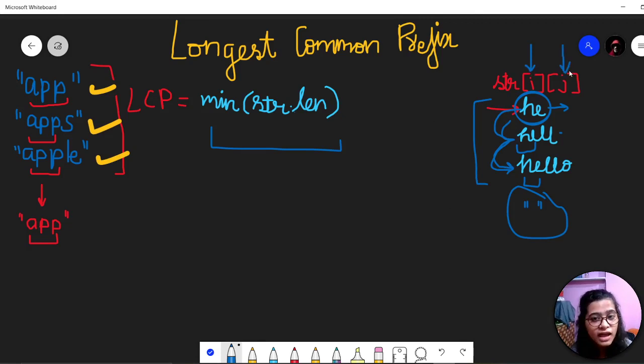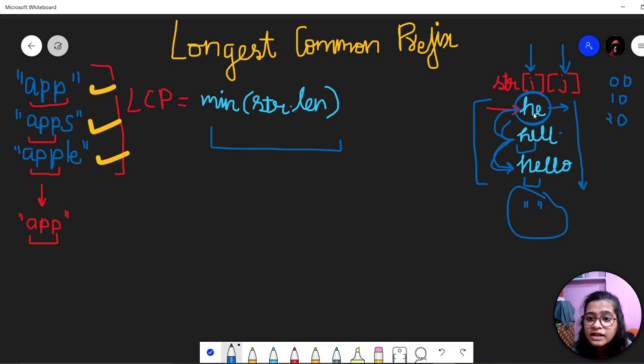Because it is a dynamic array, I have taken i and j variables, and we are comparing each and every index of the strings. First i is 0, so we are comparing the first character of the strings. See, first we will compare 0 0, then 1 0, then 2 0, like that till the elements of the string.